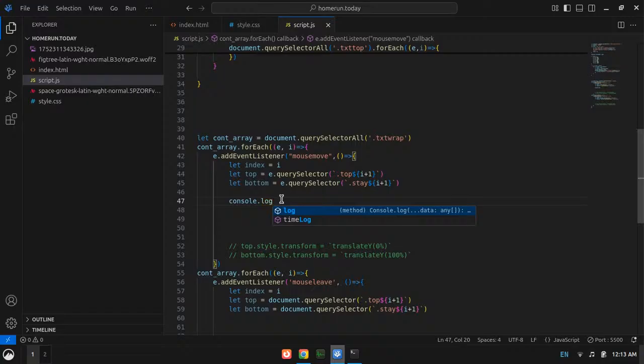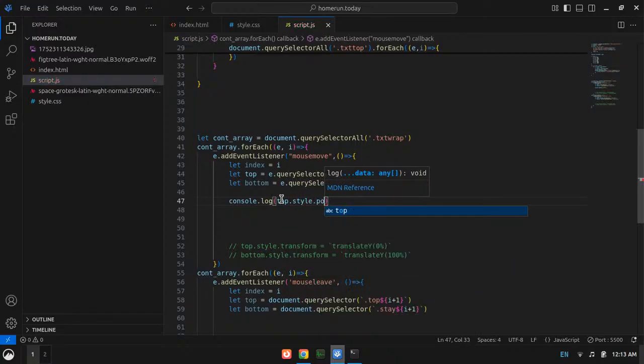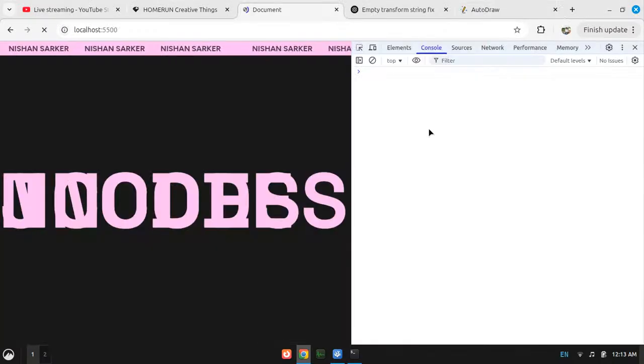Console.log top.style.transform. Okay, and I will just comment out this console.log. Will it help me? Hey, what did this happen? Oh, okay.